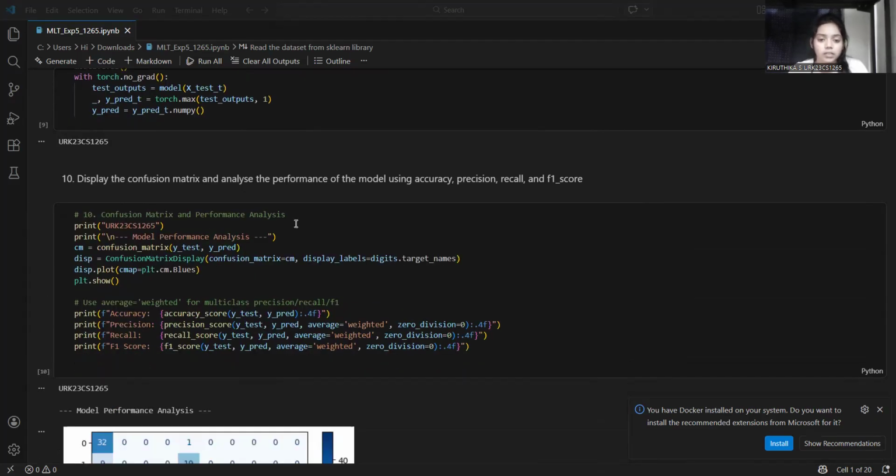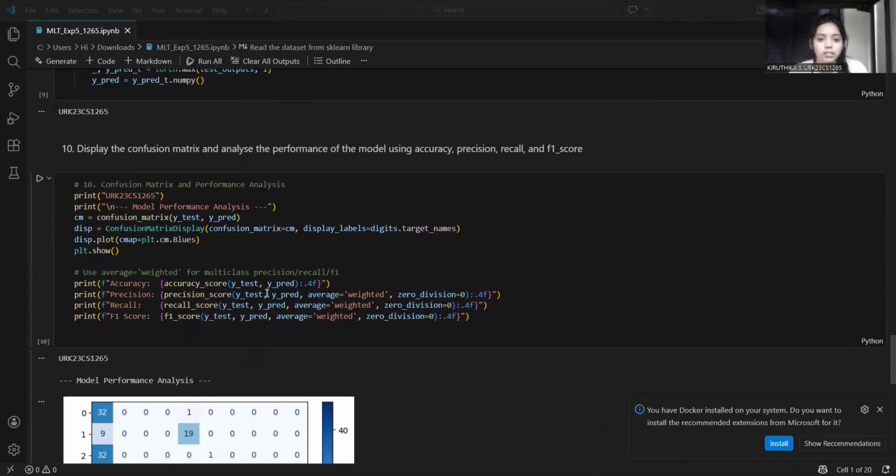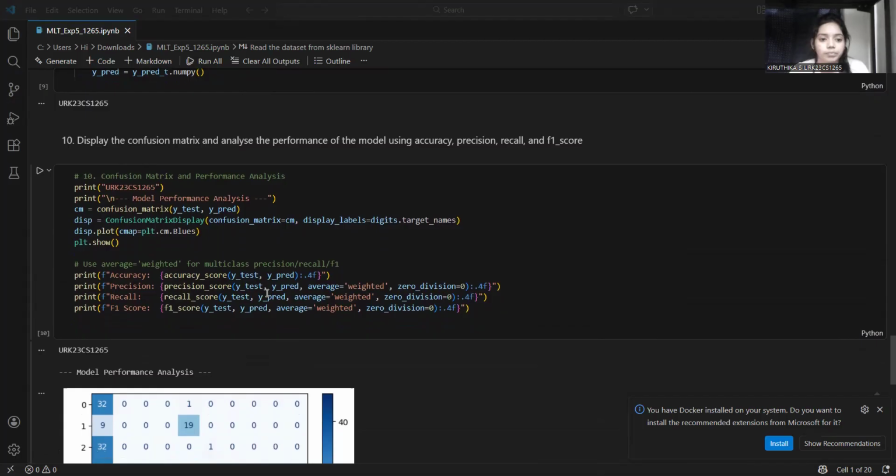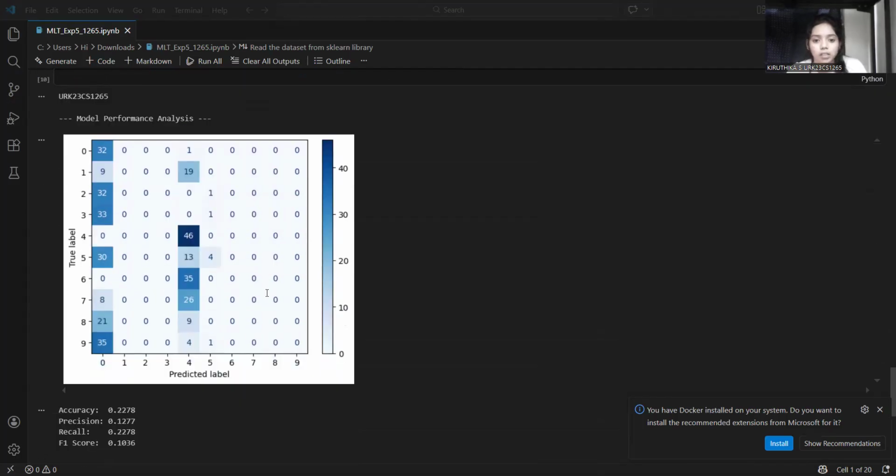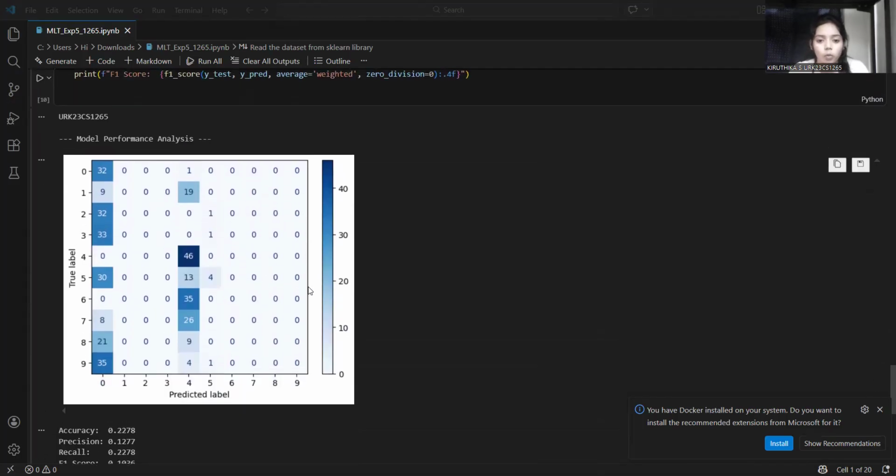And the eleventh one is model evaluation. I evaluated performance using a confusion matrix. It shows correct versus incorrect predictions. Metrics include accuracy, overall correctness, precision, correctness of positive predictions, recall, ability to find all correct cases, F1 score, balance between